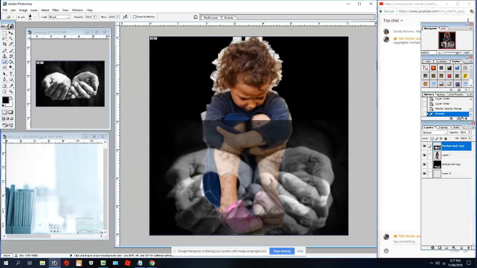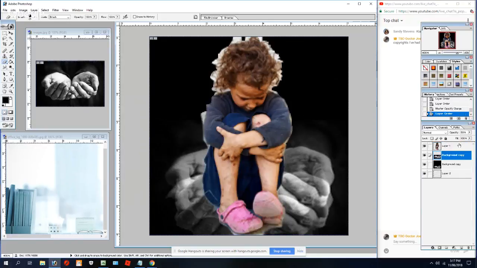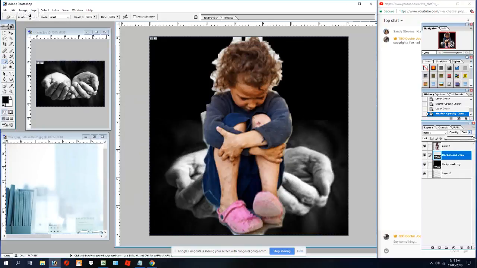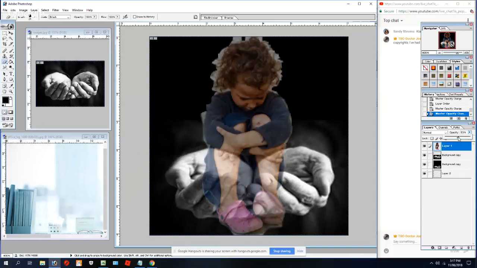I think I just did that wrong. Yeah, I did. I want her up the front with my hands. Now I'll trim her to the hand.